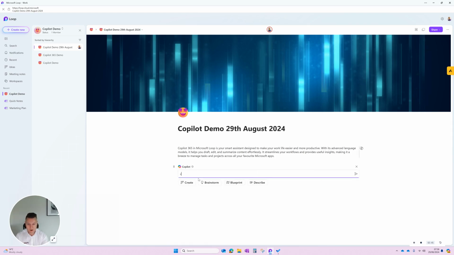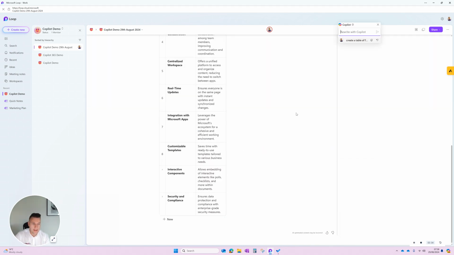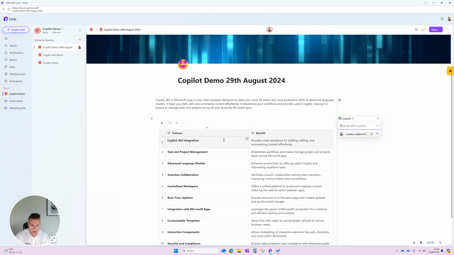And I'm going to say now, create a table of features and benefits of using Loop. Just make sure we say Microsoft Loop so it knows what we're doing. And what this will do now is create a table for us. Once that table is created, we can go into that and edit what we wanted to say. But it gives us a foundation. As you can see, we've got the feature, we've got the benefit, but we might want to say add another column